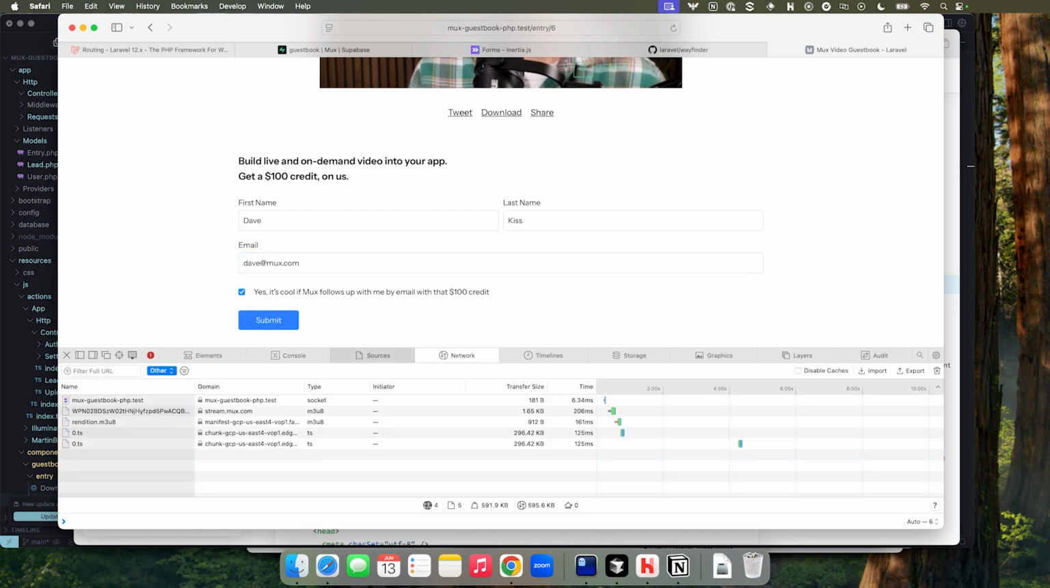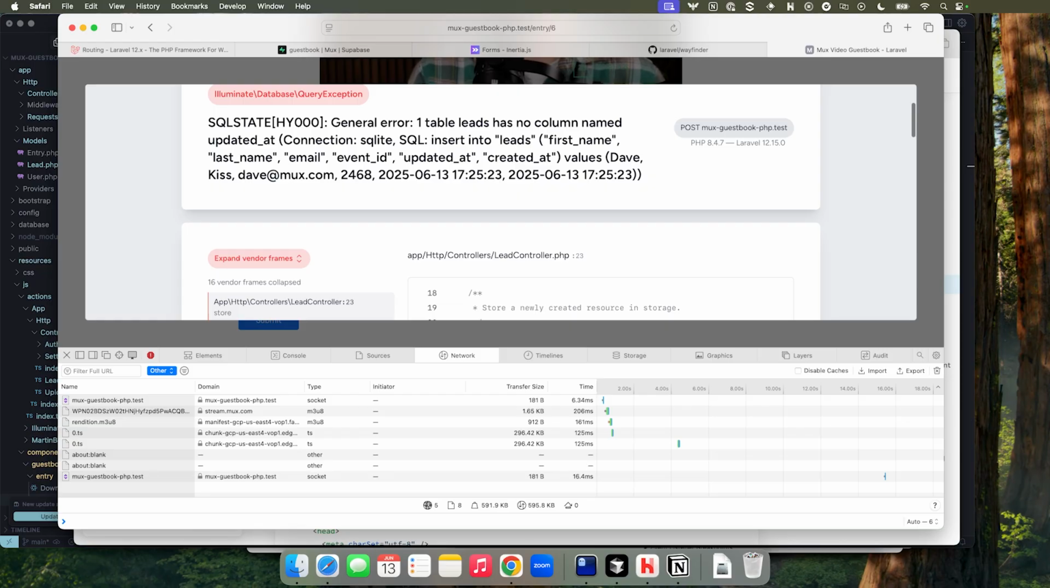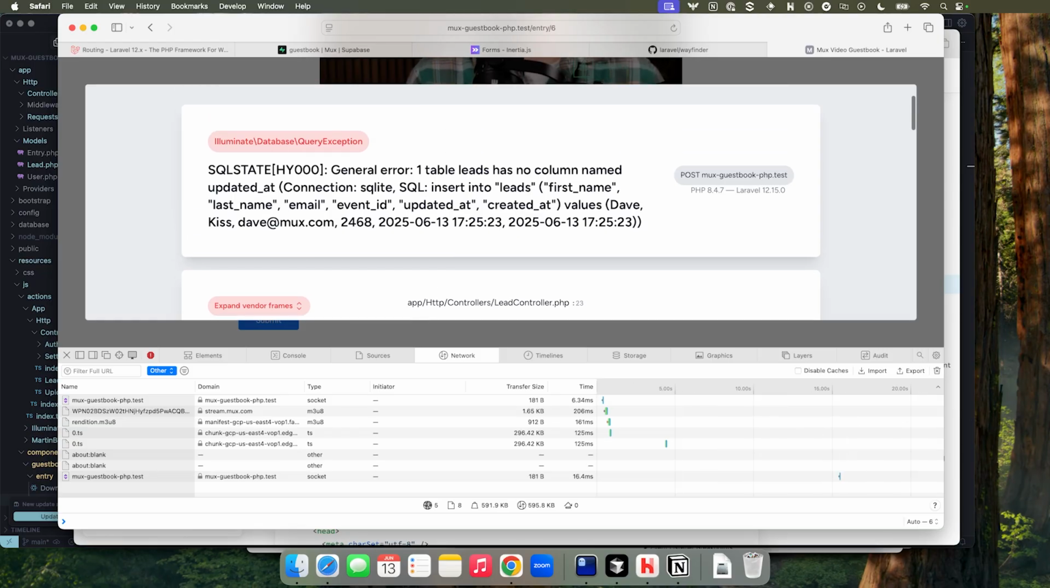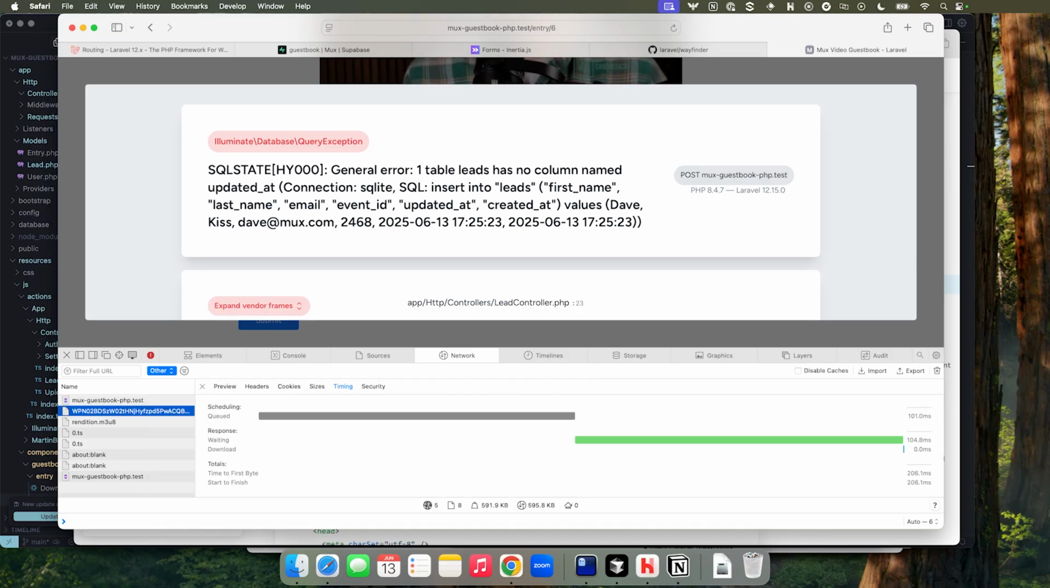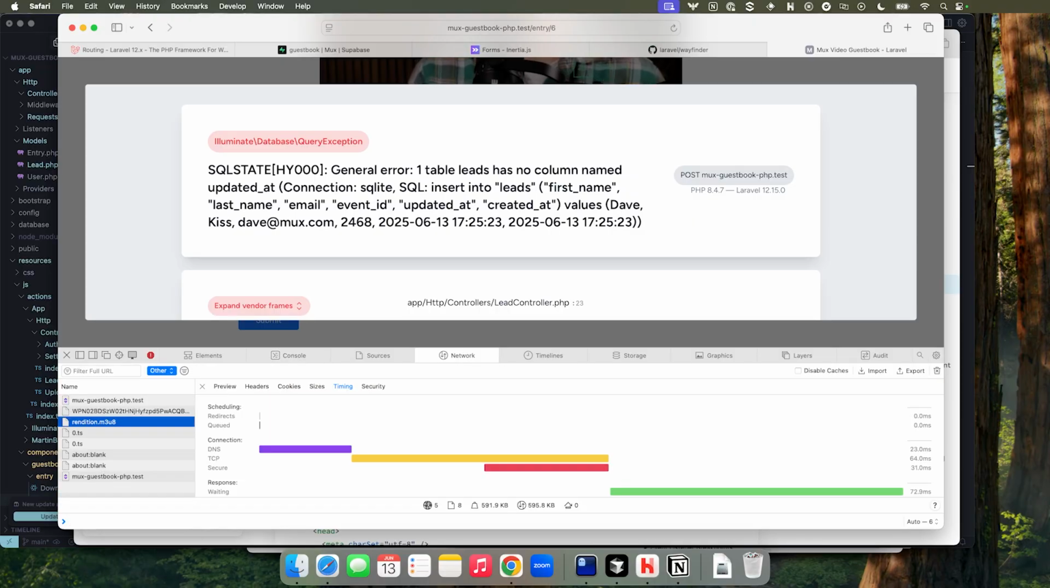And then let's check the network tab here. I'll hit submit. All right, so it did make it to the server this time. Error: table leads has no column updated_at. Now this is an error on the server side, but not from our client side application, which is good, but also just really interesting. So we had to make a change to the application so that it would successfully submit. We'll have to get in touch with the folks at Inertia about that to make sure their docs are up